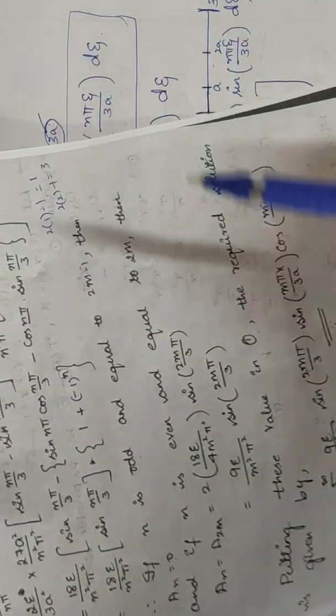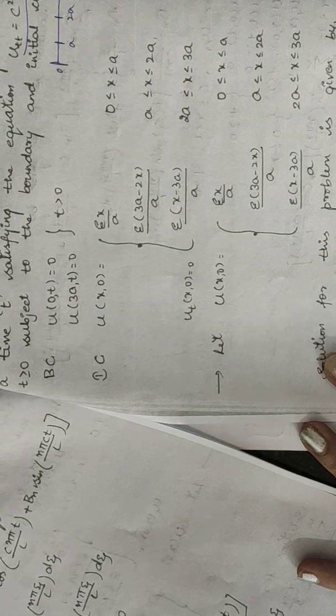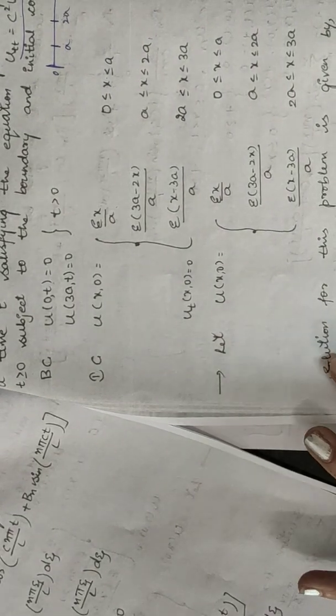This is how you can solve your wave equation using the variable separable method, irrespective of your boundary condition as well as your initial condition. I hope the